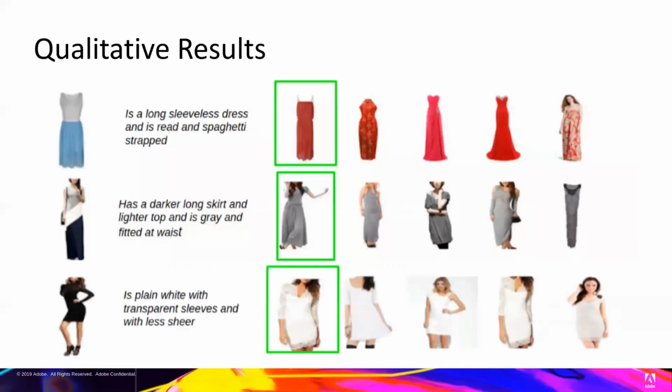Now I'll show some qualitative results on the Fashion IQ dataset. The leftmost image in every row is the input image. The text shown in the middle is the modifying caption, and the 5 images to the right are the retrieved images from the gallery. The image with the green bounding box is the target image. And as we can see, our method is able to capture fine-grained attributes mentioned in the text, such as a sleeveless dress, the color red, and the length of the apparels. Moreover, our method is also able to maintain the original features of the reference image and only changes the features which are mentioned in the text.